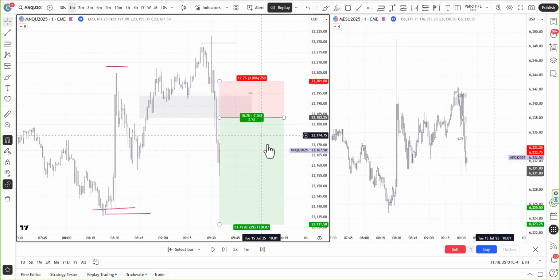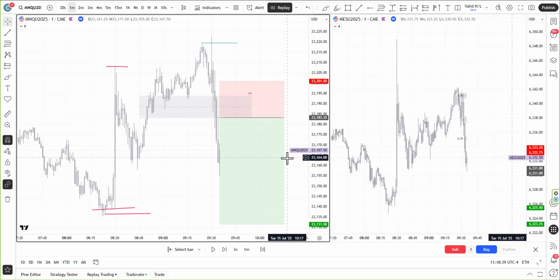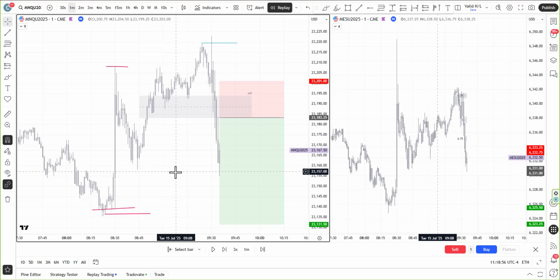I put this trade, and now it comes to the point, okay, do I actually set my limit order or not? And this is when I got scared. First of all, I got scared because I already took a loss, and I didn't want to take another loss for my funded account. I'm 600 in profit. I took a $150 loss, and I didn't want to take any more losses. And I found my way out.